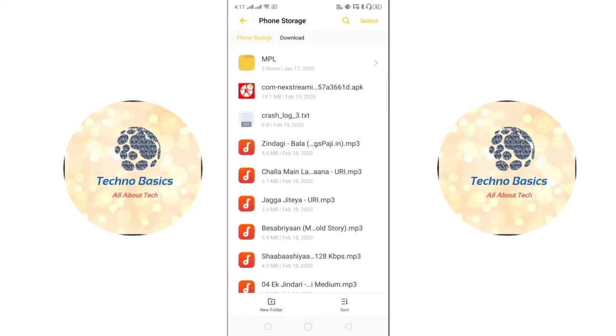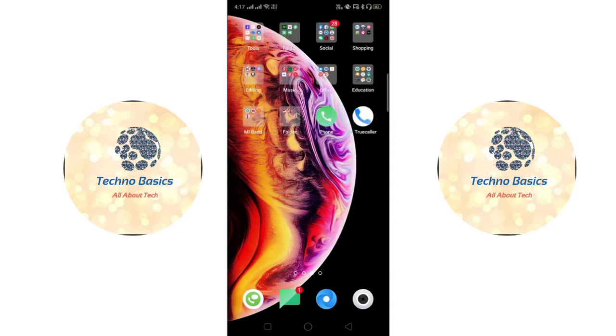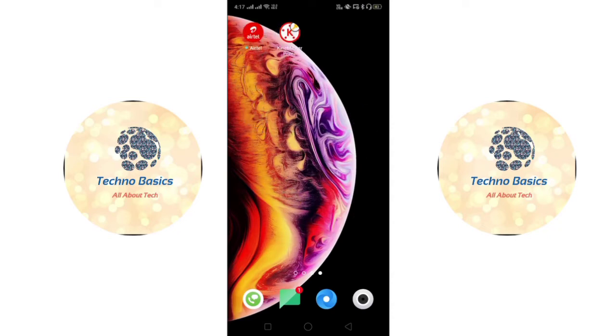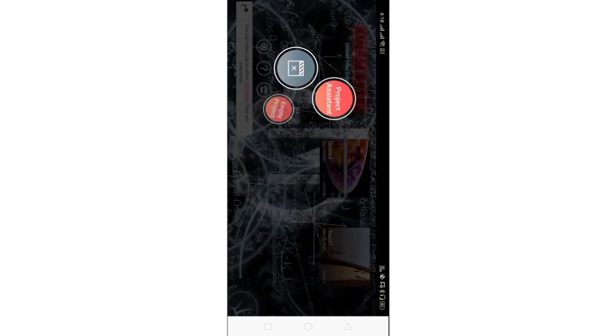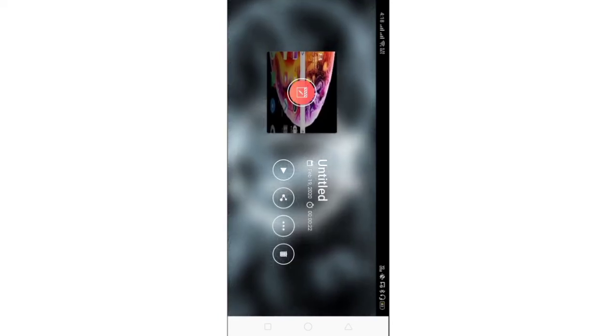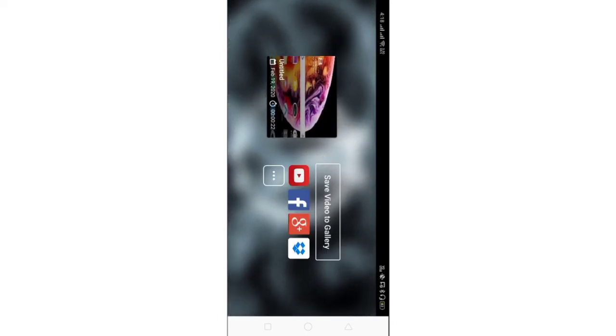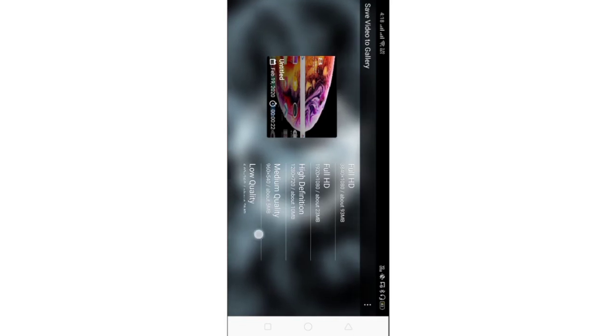Now let me show you that this is not a fake one. Yeah, it's open. This is the modded Kinemaster, which has unlocked every single feature which is paid in the normal one. So this is it. Now let me show you that no watermark will come if you export this. So if we export this out,